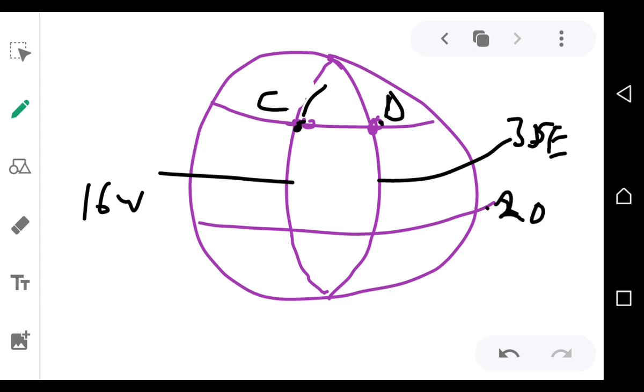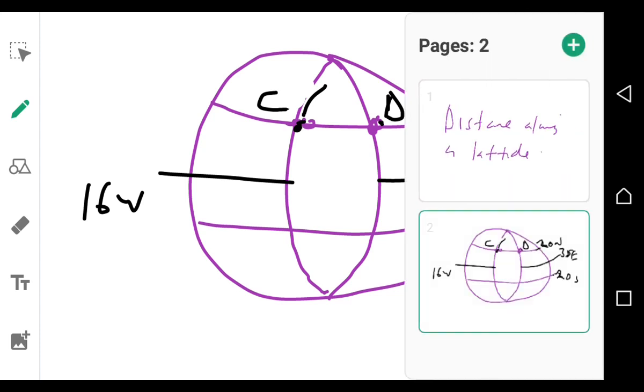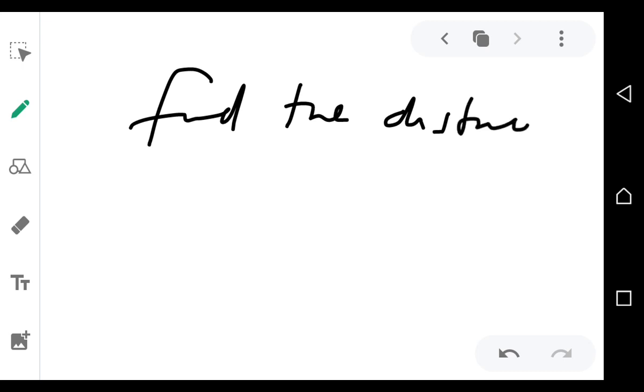This latitude is 20° south, and the one on top is 20° north. And then the question is, find the distance C to D, or CD,